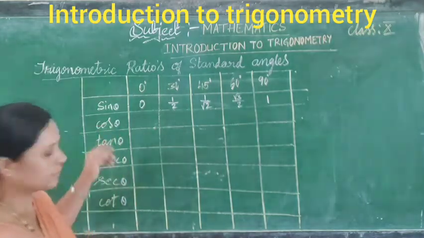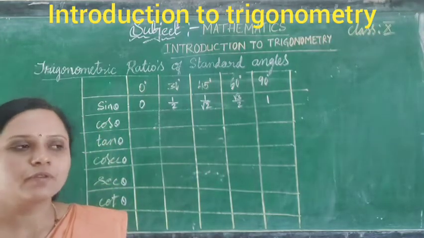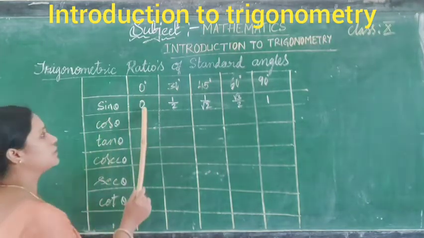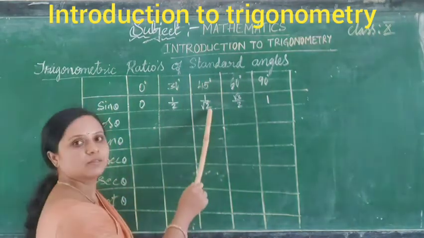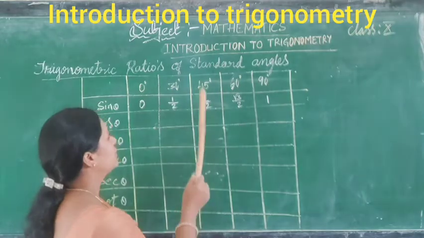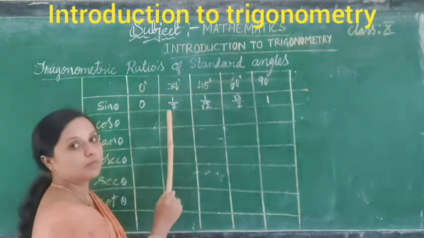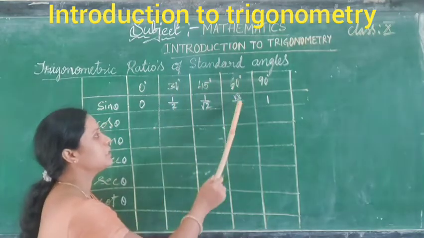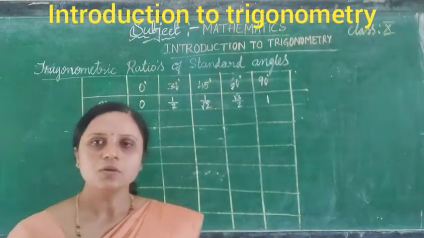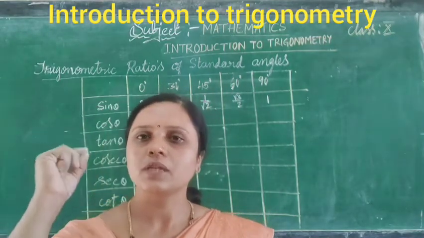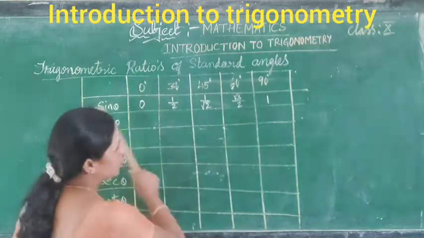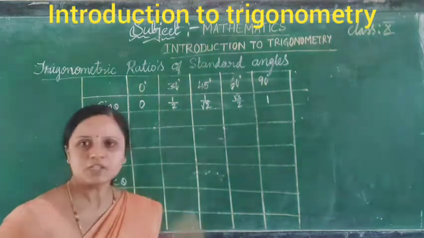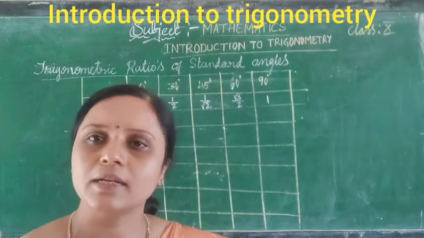So now I will explain once again. First you write sin 0 is 0, sin 90 is 1, sin 45 is 1 by root 2, sin 30 is 1 by 2, sin 60 degree is root 3 by 2. So you can remember only this row. Only you can remember this row, and the next values can be written easily.